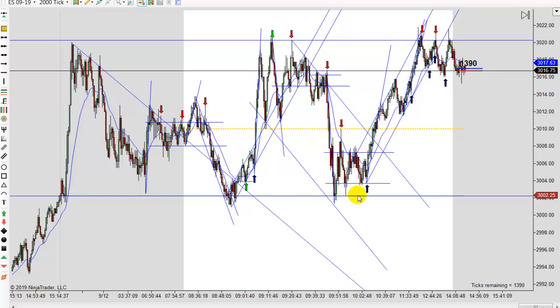But the one good thing about this range is it's big enough that there are trends, so you can play the trends within it too. Just be careful once the trend starts to play out up here about continuing to get long. This was a good trend, so I continued to have some longs on this one, but generally you've got to be careful getting long up here into the resistance. So you won't see a lot of trades like I do here. Really, we just started going sideways again. So you won't see a lot of longs, and you won't usually see a lot of shorts right into the support area either. You just have to be real careful about those,